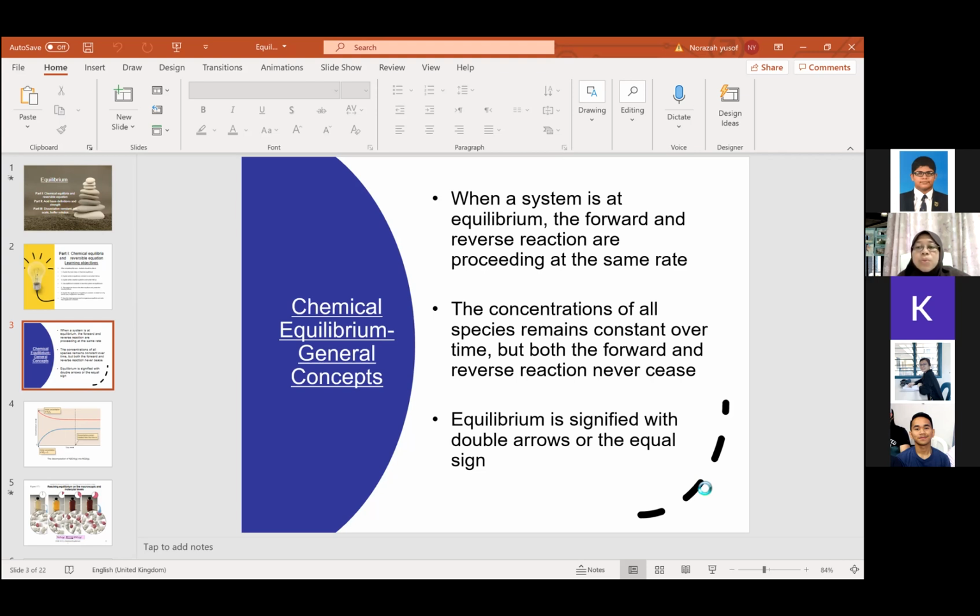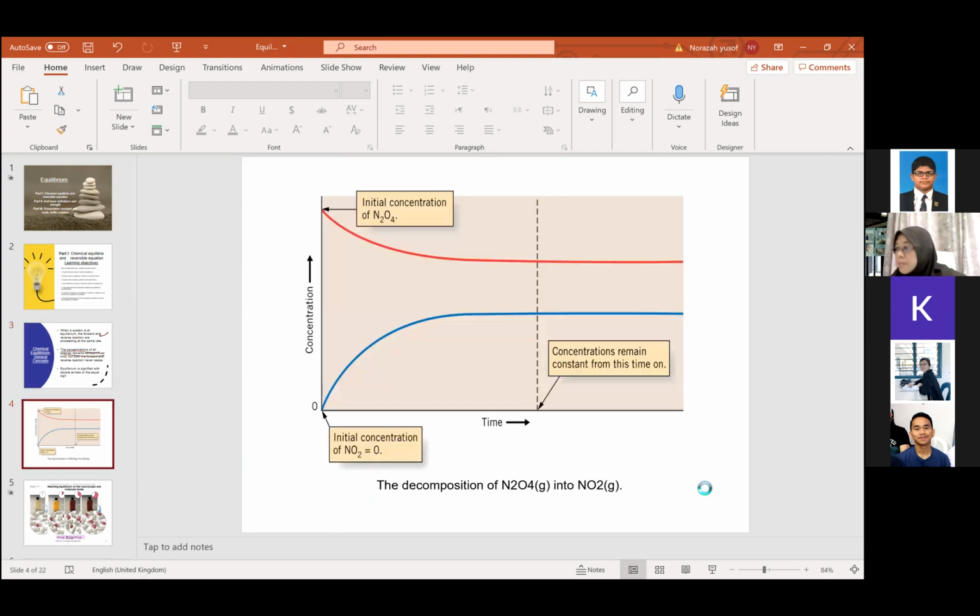So what you need to pick up from here is the definition of a system at equilibrium: the concentration of all species remains constant over time. You have to understand that first. And if you look at it in terms of a graph,